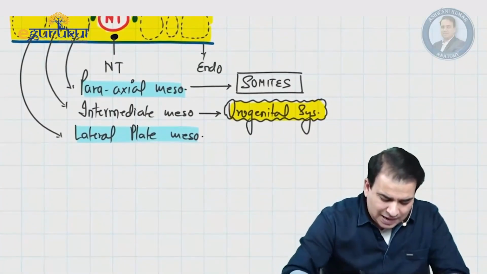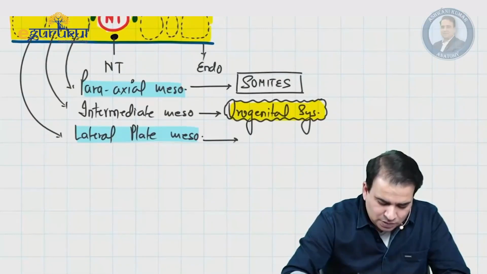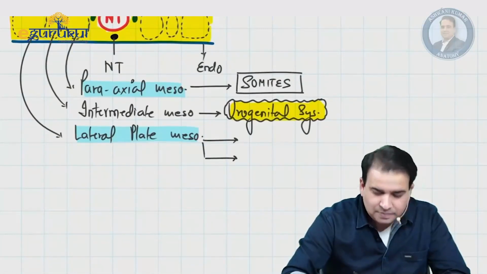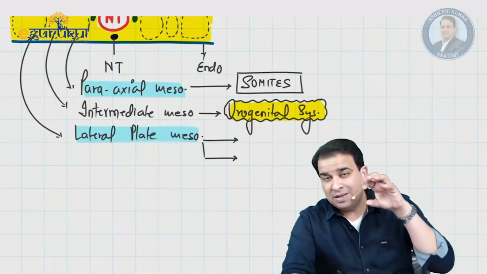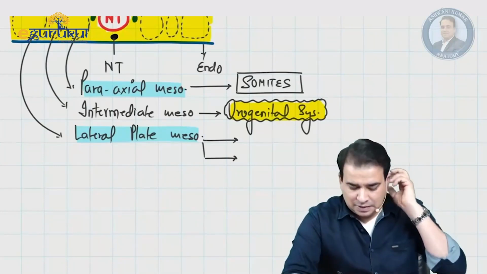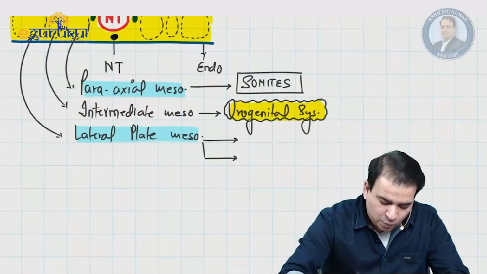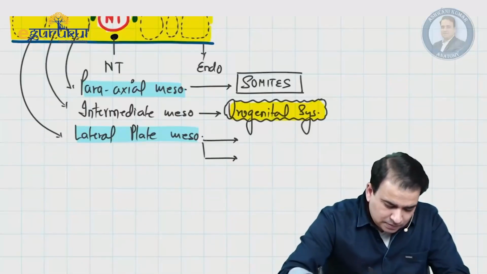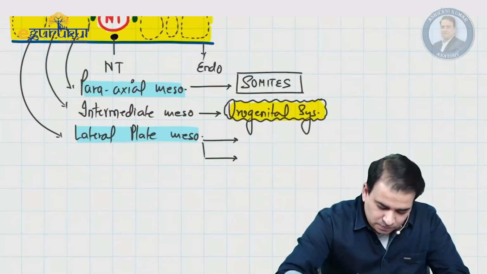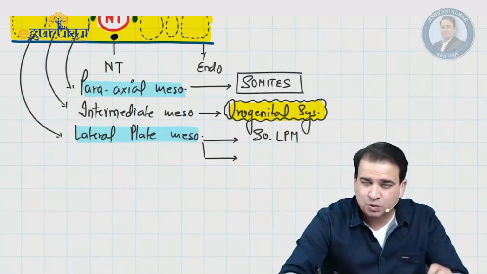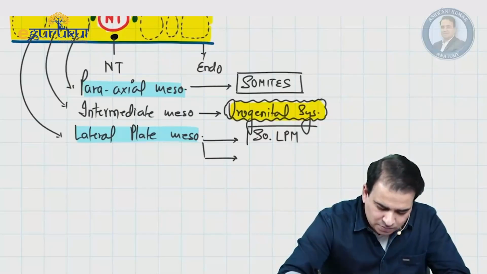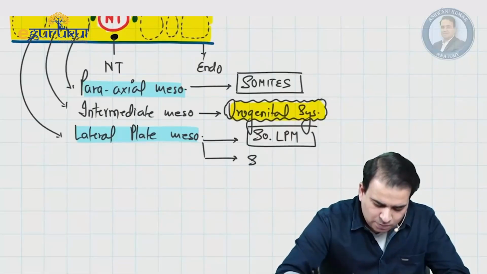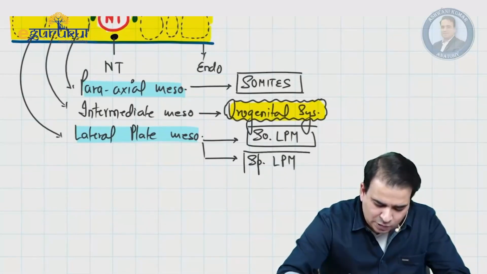And the lateral plate mesoderm is going to divide into 2 parts. There is a formation of coelom inside the lateral plate mesoderm, and that will divide the lateral plate mesoderm into 2 parts. One will be the somatopleuric lateral plate mesoderm. I'm just writing SO, somatopleuric lateral plate mesoderm. And the other will be the splanchnopleuric lateral plate mesoderm, SP, splanchnopleuric